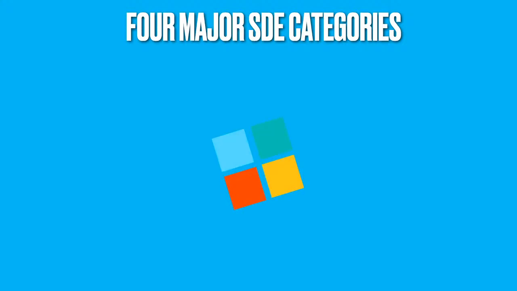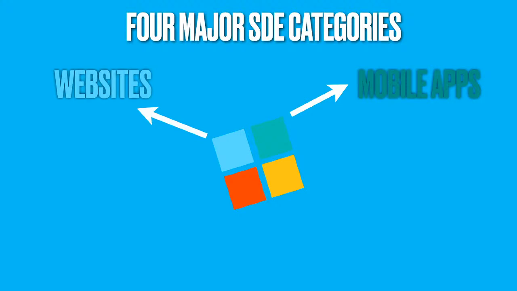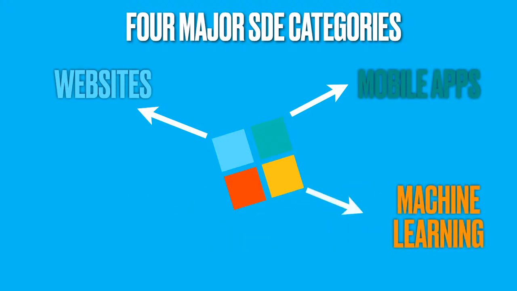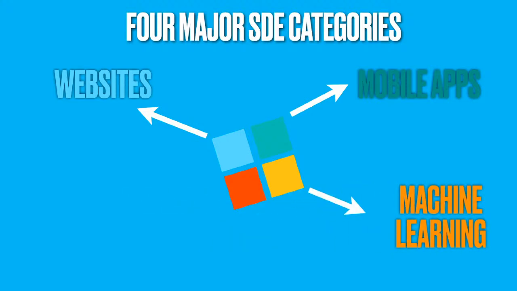And now I'm going to talk about the four major software development categories. The first is web development. You can do anything between Node.js, JS and React, Node.js and Django or Flask for making websites. And for mobile applications, it's basically just React Native. That's the best thing you can do. There's also Flutter. And for machine learning, it's Python and its libraries. And the last thing is gaming and AR, VR. In gaming and AR, VR, the best languages are C++ and C#.